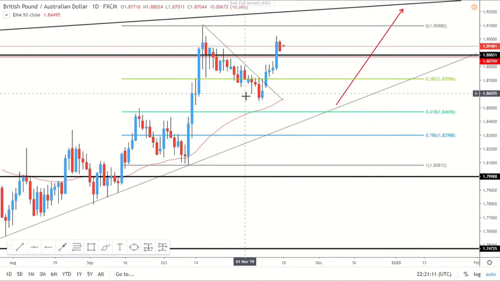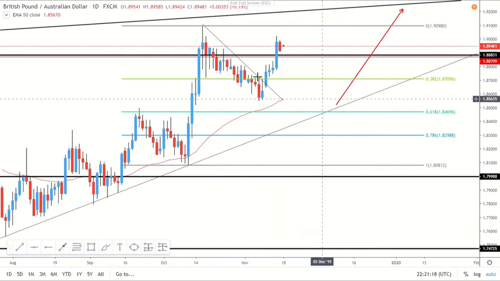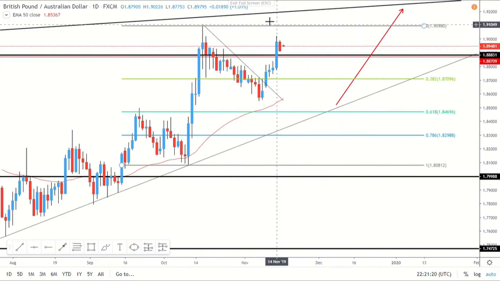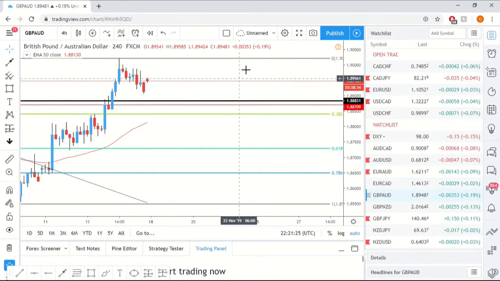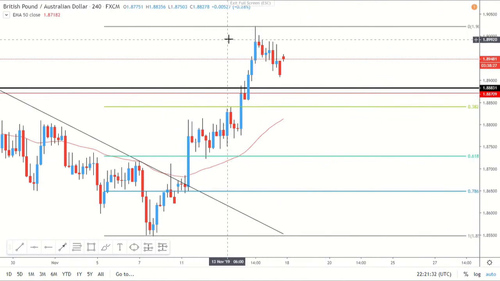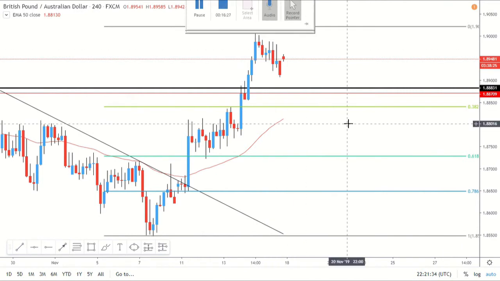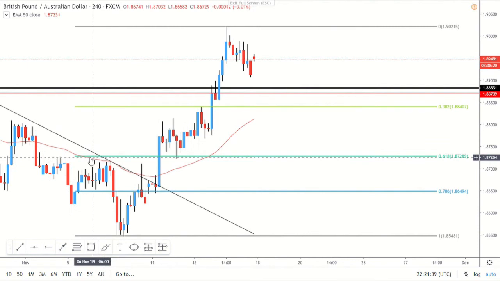So with this one, we actually saw a break of this correction, and we actually broke above the 1.88831 resistance that I have outlined here. So with this, if we go onto the 4 hour, we can look at how I'm expecting price to react now that we broke that level. So now with this shorter term fib, 1 at the high, 0 at the low, I'm expecting a retracement at either the 0.382 with 50 EMA, 0.618 with market structure, or the deeper 0.786 to